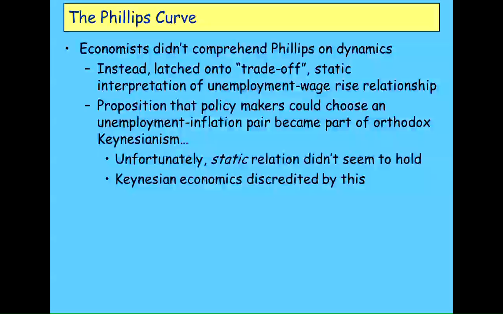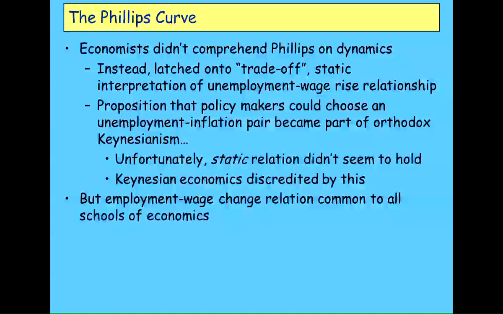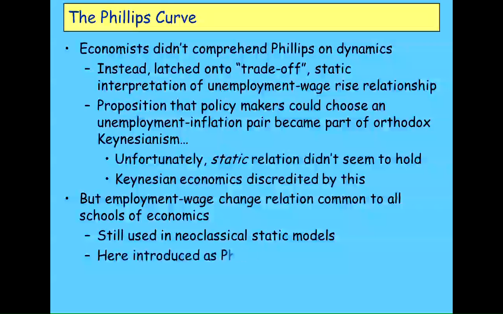But the result of interpreting it in that fashion means that Keynesian economics got tied up with the idea of there being a simple trade-off, and that was how Milton Friedman managed to demolish the Keynesian school at the time, or the so-called Keynesian school. Now, the funny thing is, even though that was used to demolish the Keynesians by monetarists, all schools of thought have got some idea of a relationship between unemployment and the rate of change of money wages, and it's still used by the neoclassicals as well. So I'm going to bring it in the way Phillips meant to bring it in, as part of a dynamic model